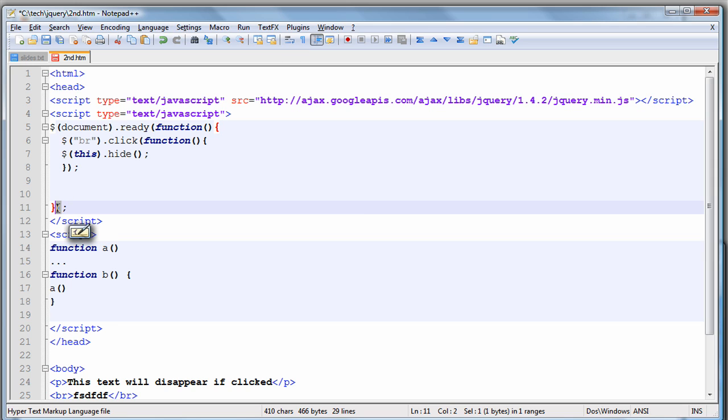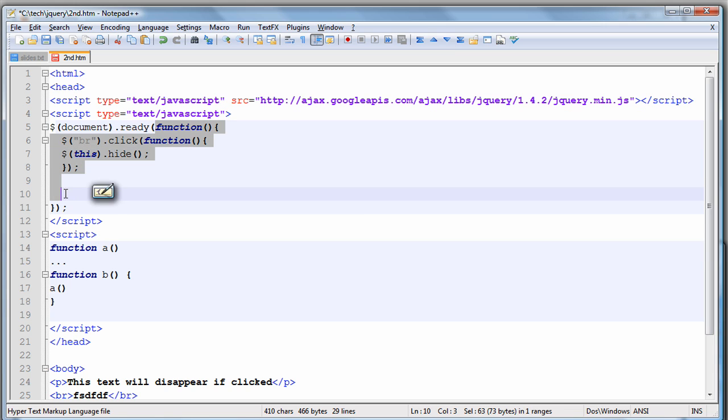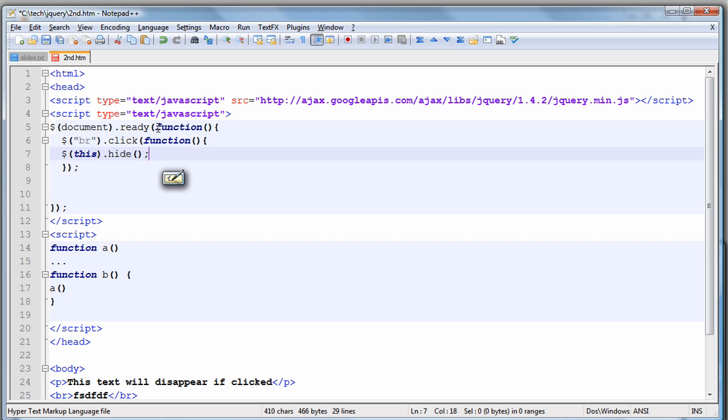So if you see this one, this particular bracket is matching with this one, starts from here. See these two reds. So for the entire document you are passing this entire thing as an argument. So the ready function accepts this entire thing as an argument. And what is that argument? It's basically a function, and within that function you are defining all those things. So what that means is that once the document is ready, you are telling it to do all these things. So you are passing a function here,